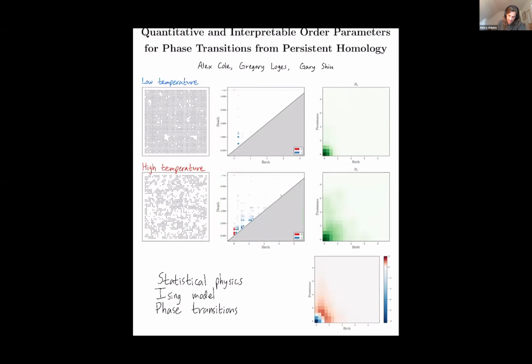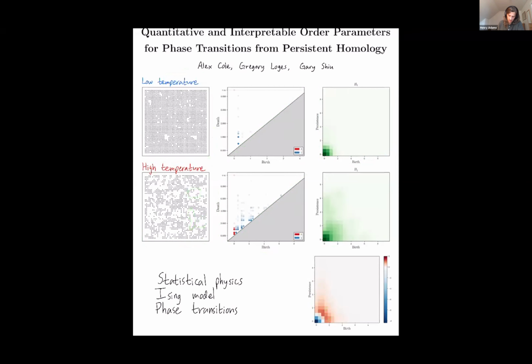They're drawing a representation here where they sort of translate the diagram to take this diagonal and lay it flat. But in any case, you can ask, what were the regions of the persistence diagram that were characteristic of the low temperature samples versus the high temperature samples? And you see that right here. So the high temperature samples had persistence diagram points in this region that were a little bit more persistent. They lasted a little bit longer. They were bigger holes.